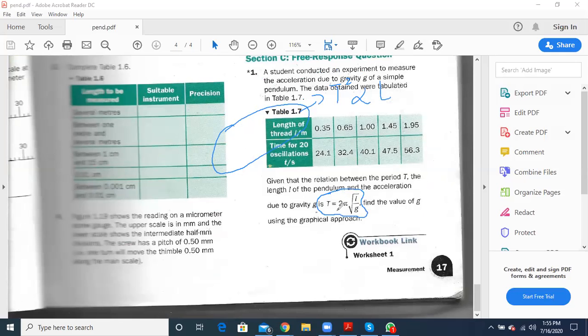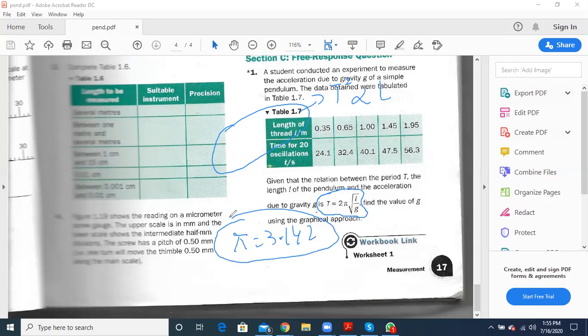Fazil, can you read the formula? T equals 2 pi. And what's the value of pi? Pi is 3.142. Everybody knows the value of pi? Pi is a constant. Ismail and Nabia, you know the value of pi? Okay. So T, the time period, is equal to 2 pi under root length over g.